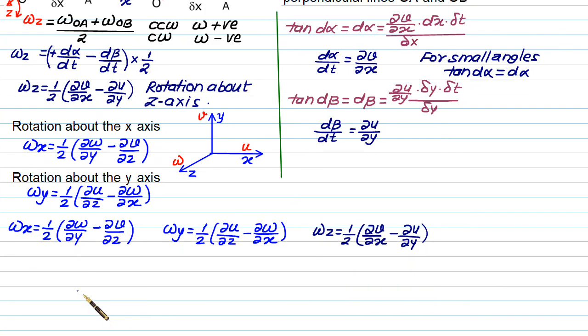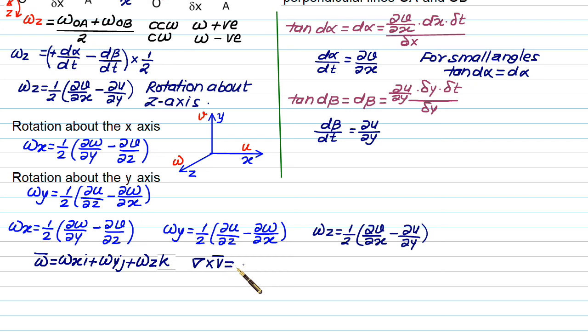Even we have developed the equation that we have omega x equal to 1 by 2 del w by del y minus del v by del z, omega y equal to 1 by 2 del u by del z minus del w by del x, and omega z equal to 1 by 2 del v by del x minus del u by del y. So this total is an angular velocity vector and is written as omega bar, which is equal to omega x i plus omega y j plus omega z k. We can obtain here a curl, that is we have del cross v bar,